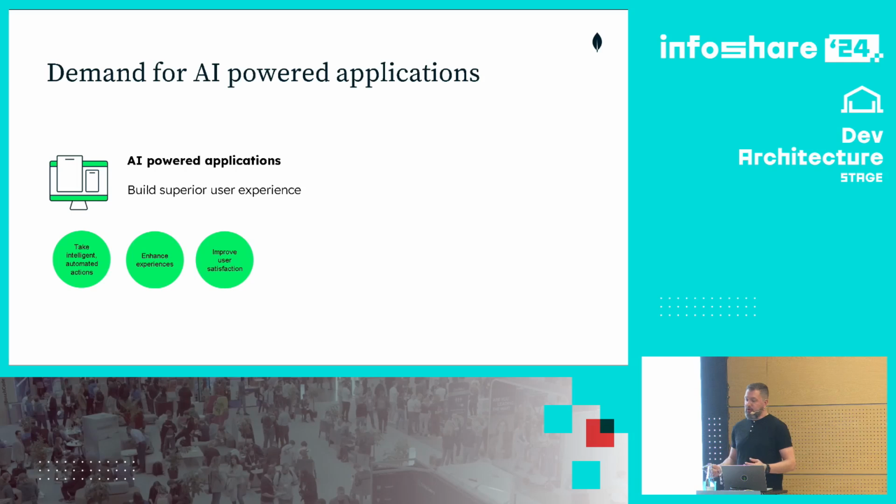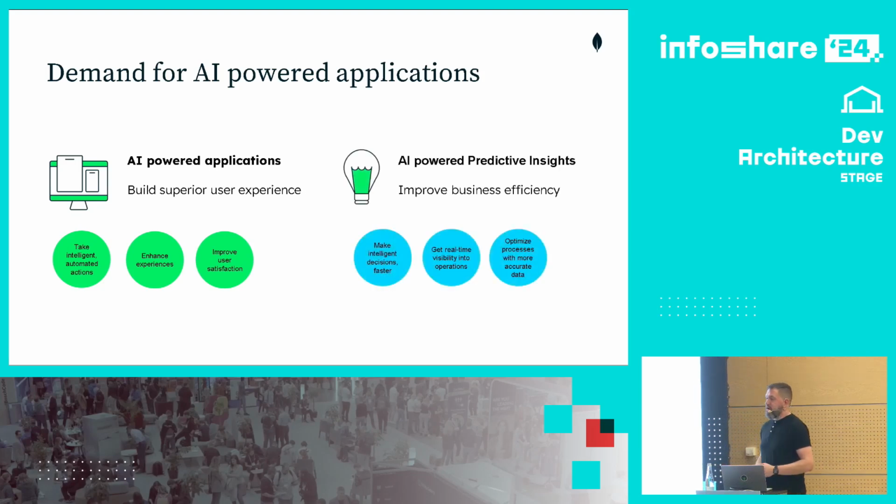The results are twofold. Firstly, we have apps that drive competitive advantage by deepening user engagement and satisfaction through their interactions in our applications. And secondly, our apps unlock higher efficiency and profitability by making intelligent decisions faster on fresher, more accurate